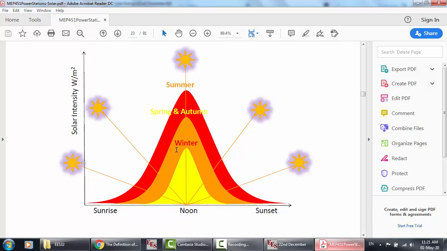The integral here means the energy in watt hour, okay, that we can get, because if you draw rectangles here and get the area of each one and add them, or get the summation, you will find yourself multiplying the time in hours by the intensity. It means watt hour. This is energy. So to know the energy that you can get from the sun at a specific moment or a specific day in the year, we use the integral. Okay, so for example,